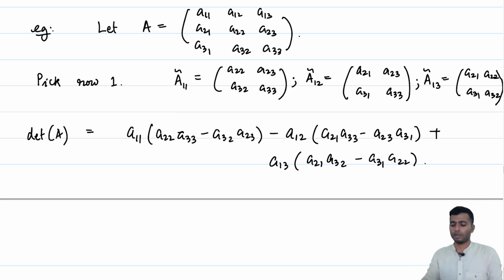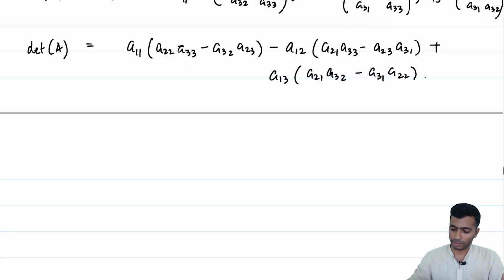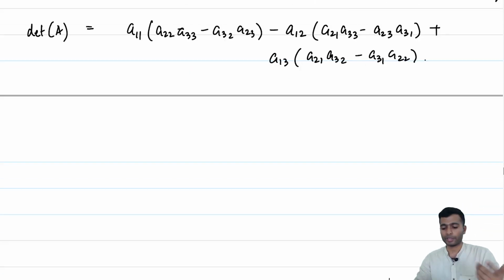So, as you can see, the expression for the determinant of a 3 cross 3 matrix is already becoming cumbersome. But many times it is the properties of the determinants which are very useful. We will come to that in a matter of time. But before that, I would like to